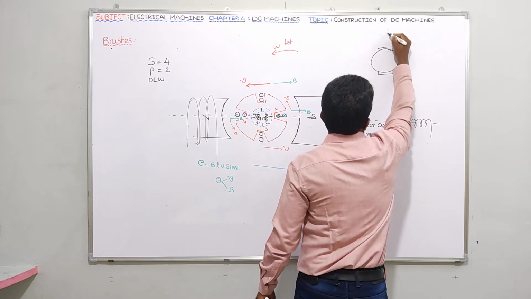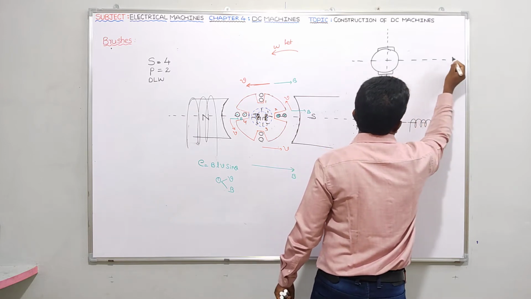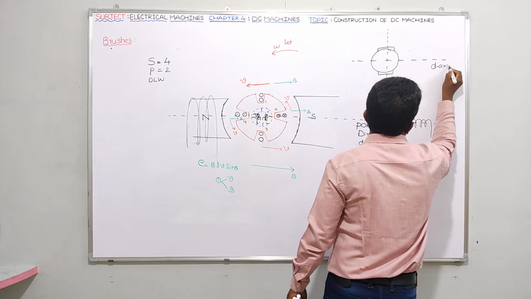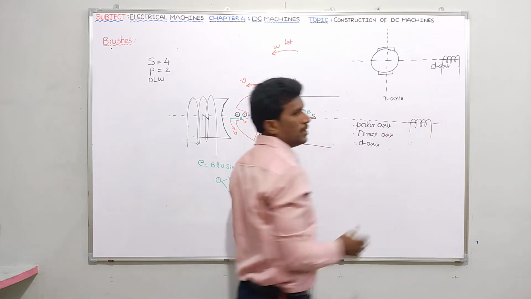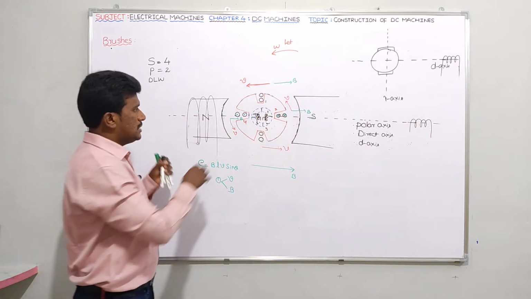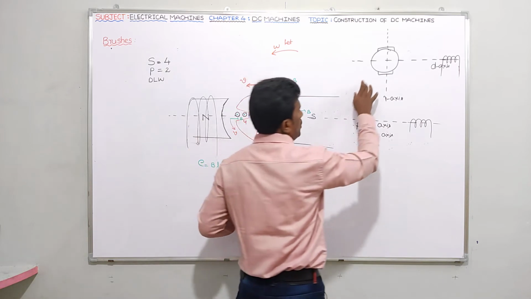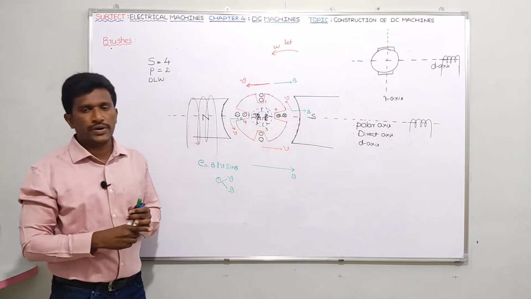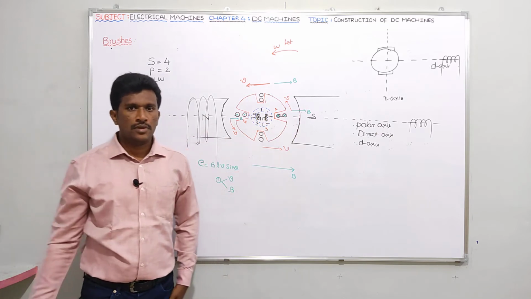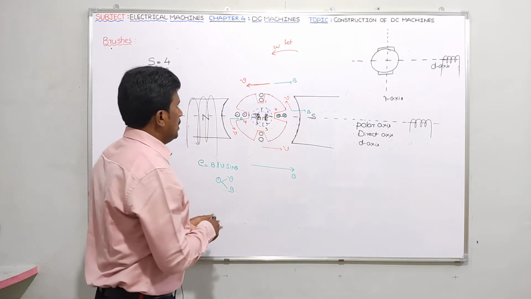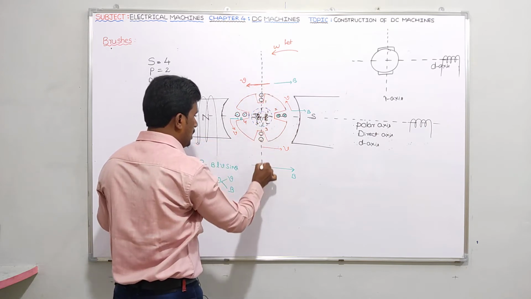This is what I can call the Q axis, and this one here I can call the D axis. Here we place the field winding like this. My question is: brushes are practically placed along the D axis, but why do we generally show brushes along the Q axis? That is the only thing I am going to explain here. Very simple. Though practically brushes are placed along the D axis, if you observe clearly, the EMF induced in the coils